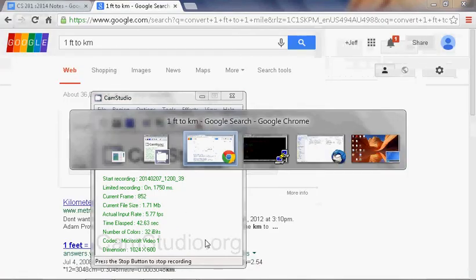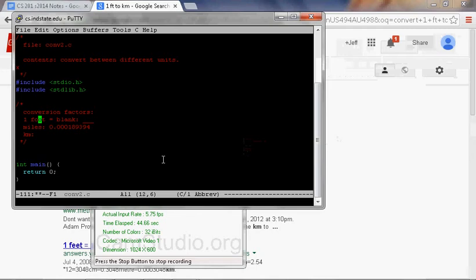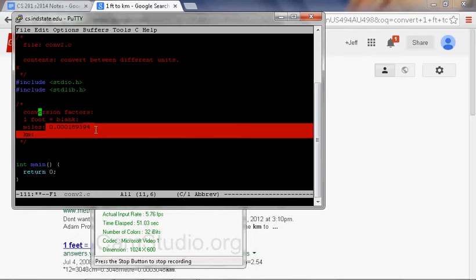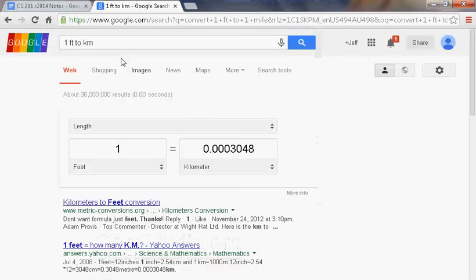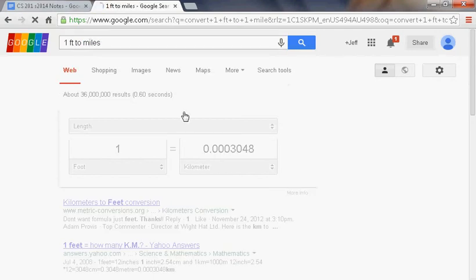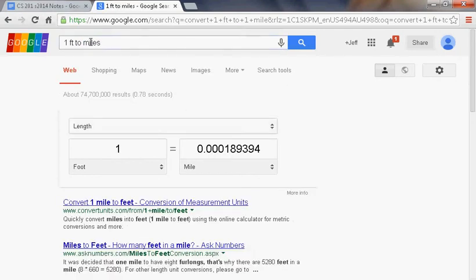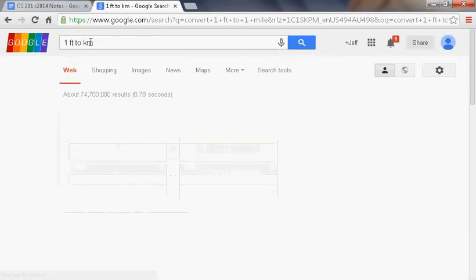Okay, so this is what I'm going to do first. First I'm going to get all my conversion units. I'm going to convert everything to feet. So 1 foot is going to be, this is a conversion factor for miles: 1 foot is as many miles. So I just type in here in Google. Alright, there's miles, kilometers,